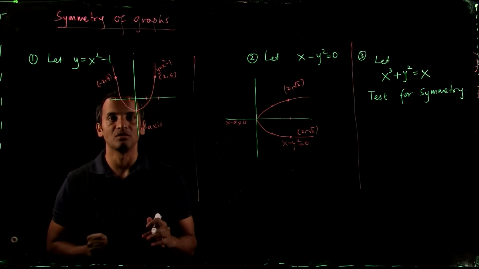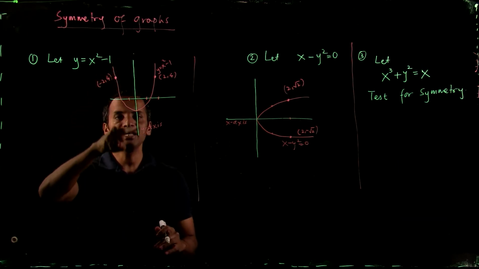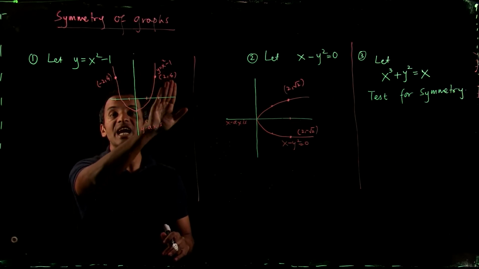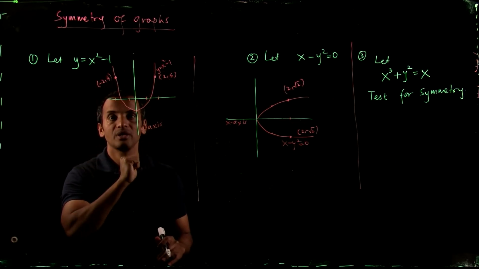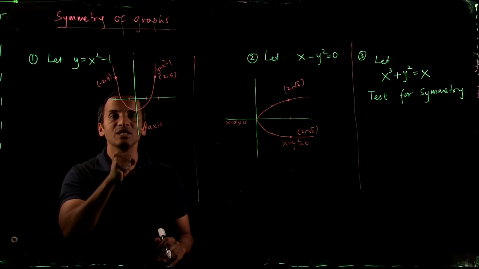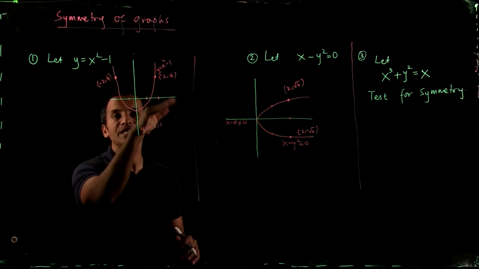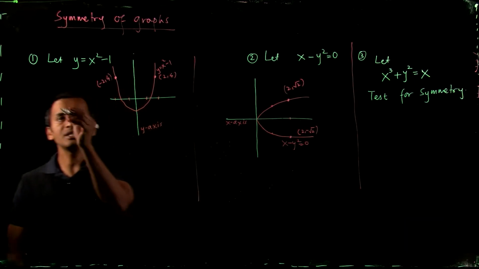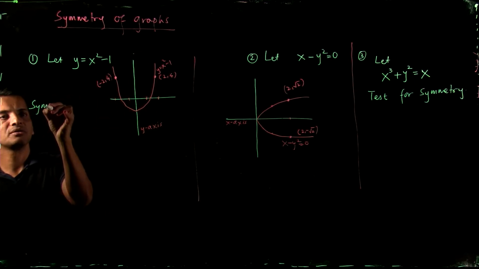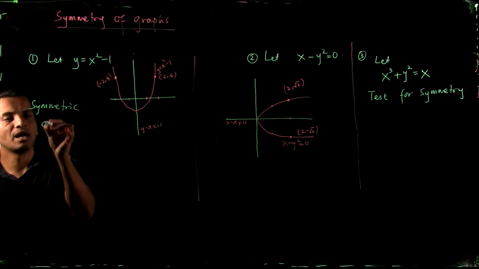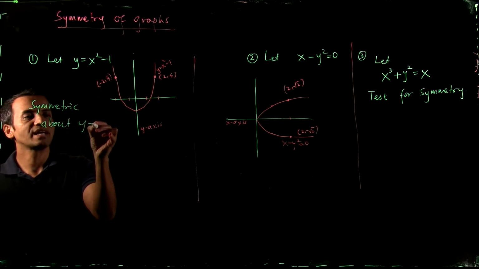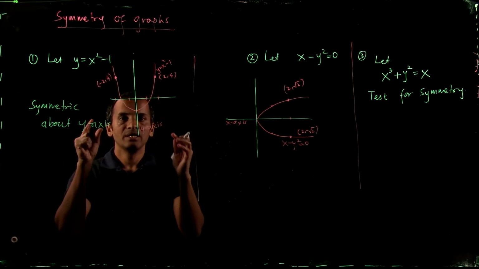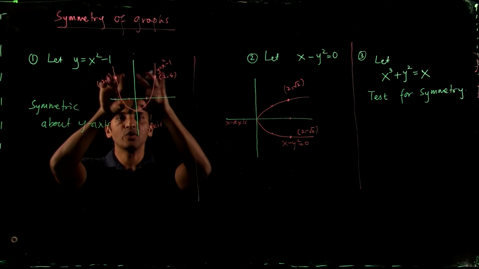They coincide with each other, right? So that's why this is the mirror line. And you can see that the image is exactly the same as the original shape. So in this case we say that this graph is symmetric about this vertical axis, that is the y-axis. So this graph is symmetric about the y-axis because if you cut it through the y-axis and then fold it, these two pieces perfectly coincide with each